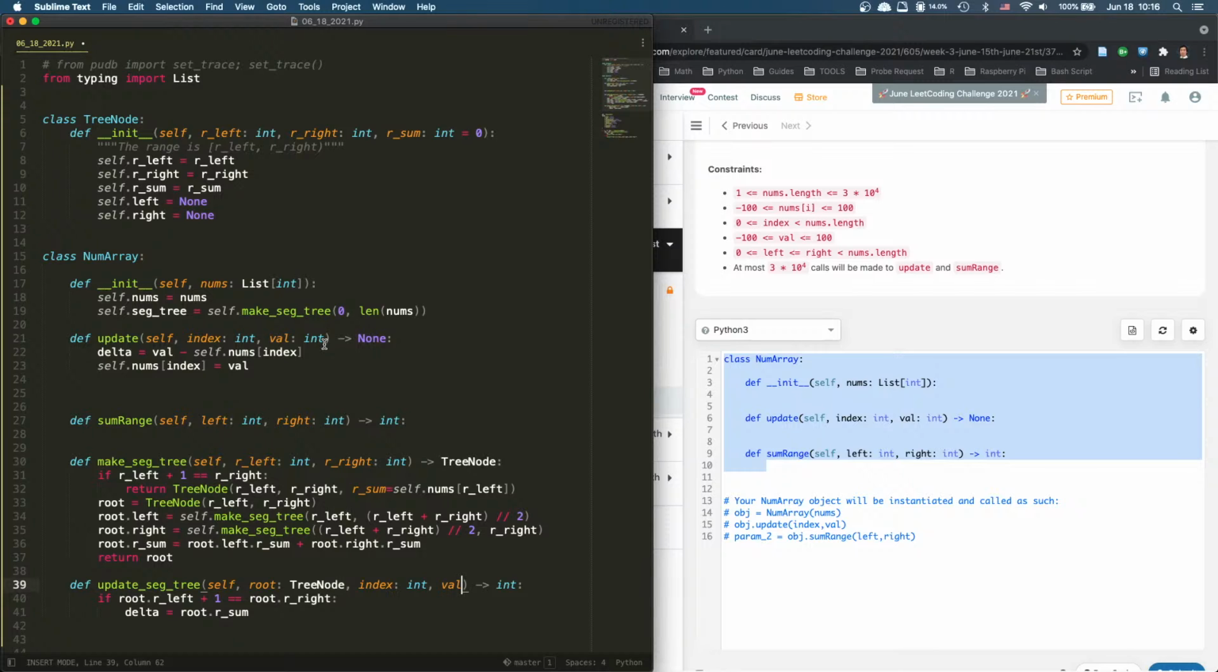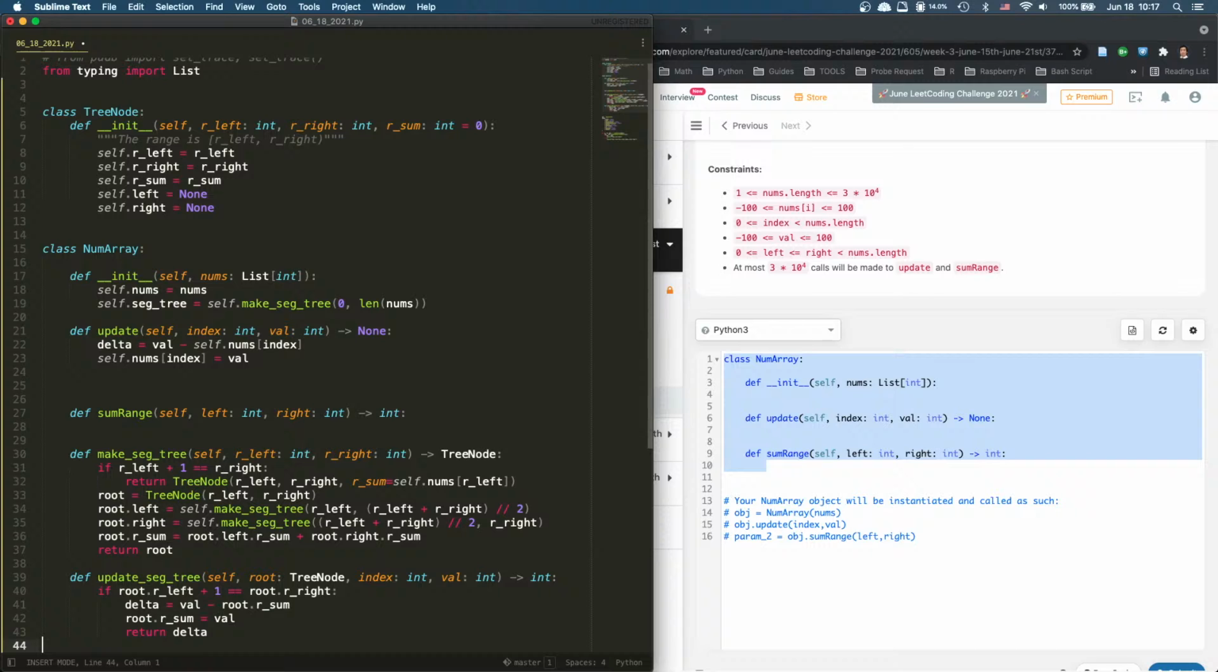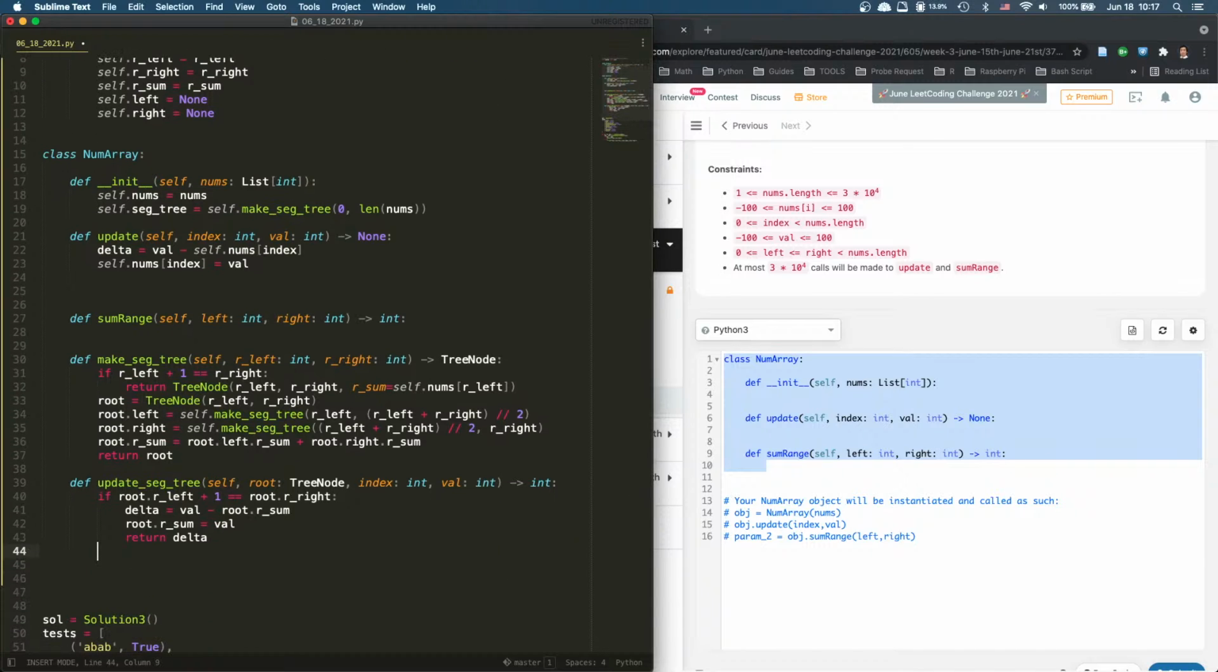Update. Can we use this? But how do you handle the root? We're going to pass a new root. This one doesn't have a root. No, I like this way. It's clearer, right? So index, value, right? So we say delta equals val minus this, right? And then we say root dot rsum equals val and return delta, right? Return delta. Now for all the others, we're gonna say